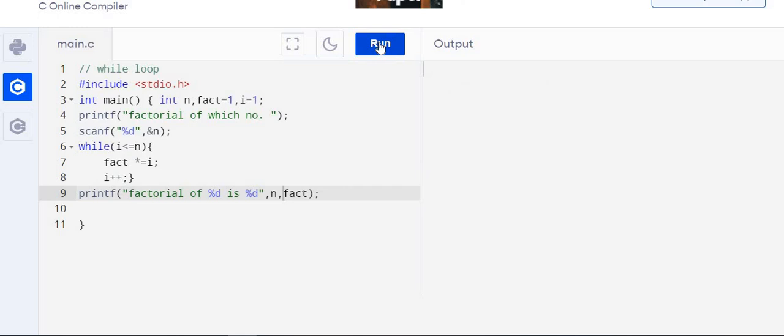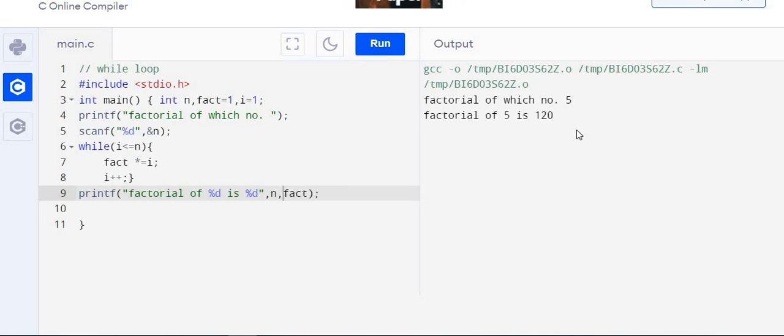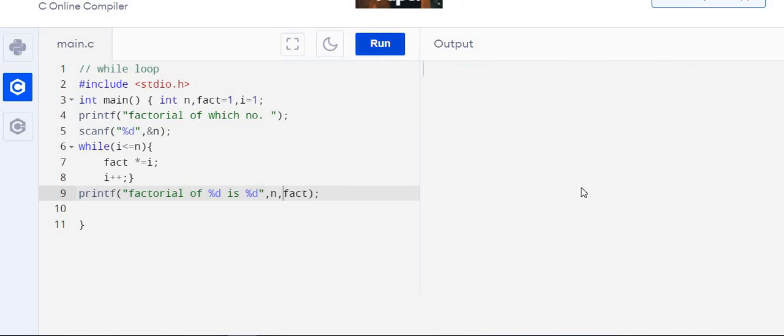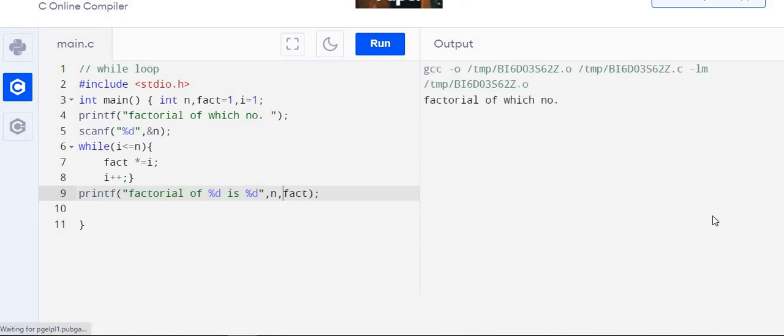Run. Factorial of which number? Let us say factorial of number 5, 120. Rerun the program. Suppose we want factorial of 8, is this number. So in this way the program runs.